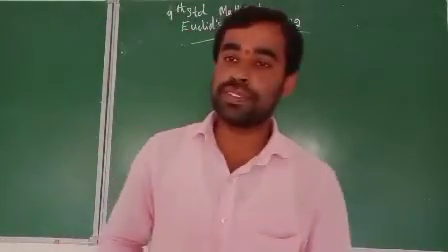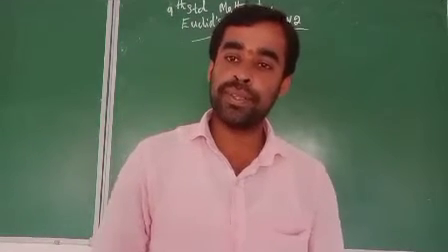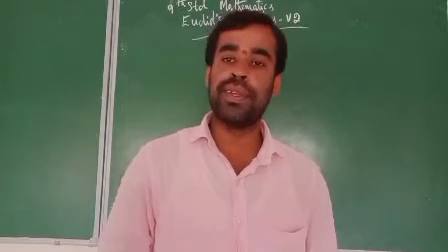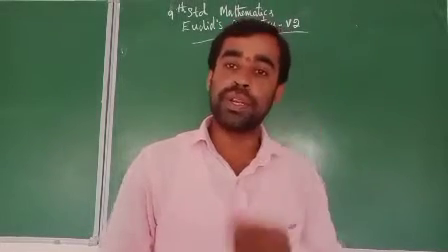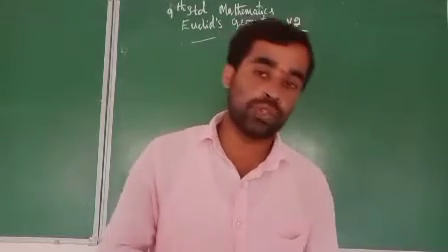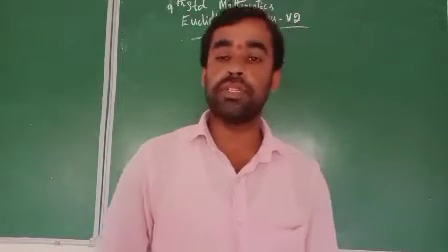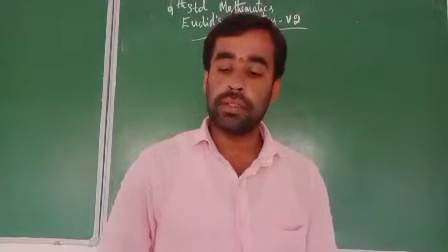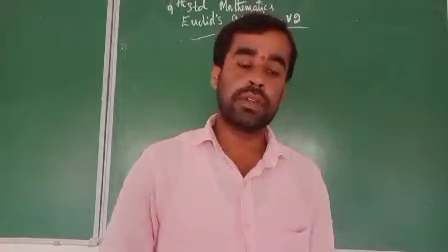In last class we have discussed what is geometry and types of geometry: Euclidean geometry, non-Euclidean geometry, analytical geometry, algebraic geometry. In that we have taken only Euclidean geometry. Euclid is a mathematician and the father of geometry, and Euclid has written a book, the Elements. It consists of 13 volumes. Is it clear?